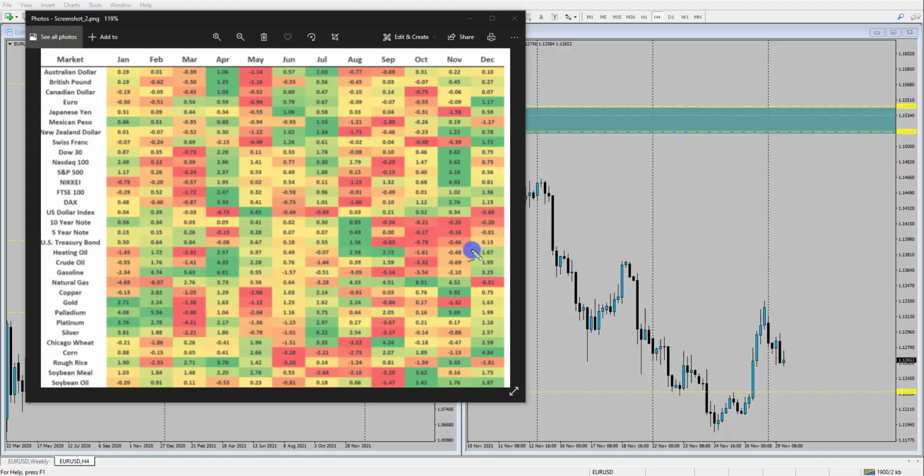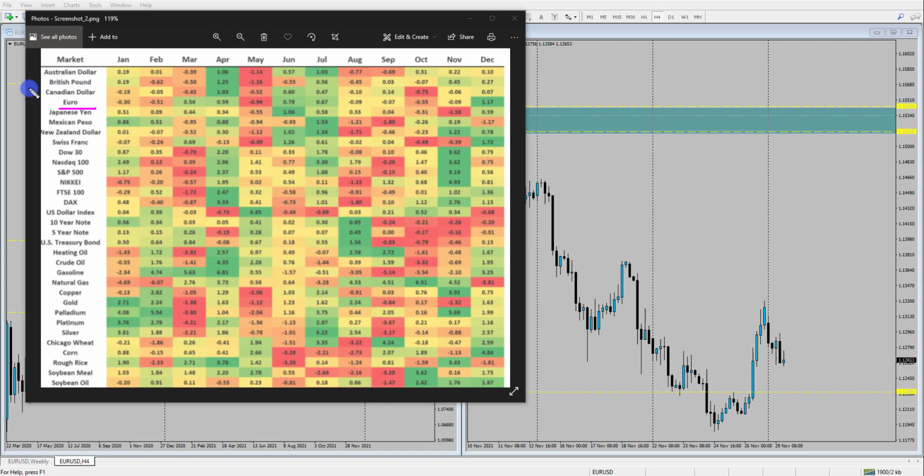In this video, we're going to be taking a look at Euro US dollar. Seasonally, the US dollar is weak and the euro is strong, so we're looking for a potential reversal in the market. We did talk about this in a video a couple of weeks ago, and the dollar continued to strengthen down into a major support level, and now we're starting to see that potential reversal coming together. So I wanted to highlight to you the seasonals and look for a potential long idea based off of this